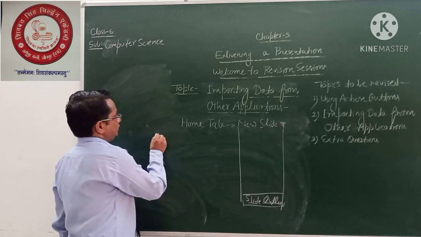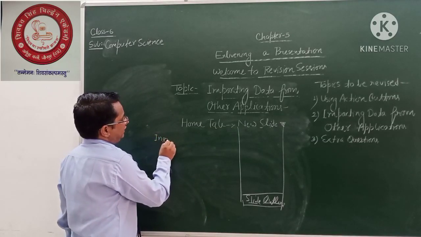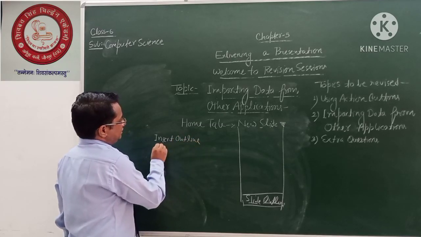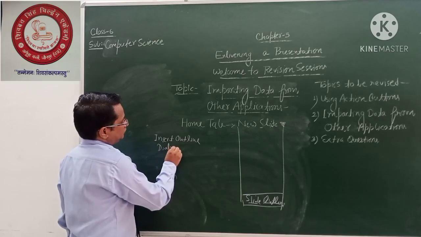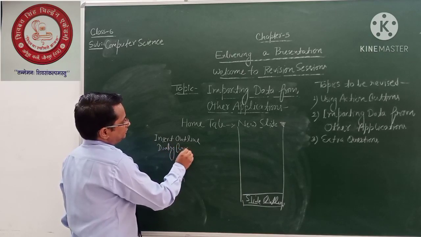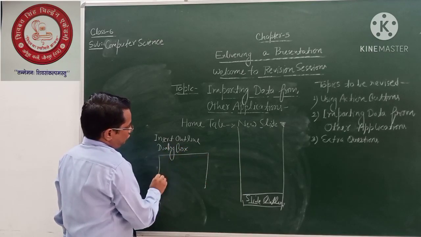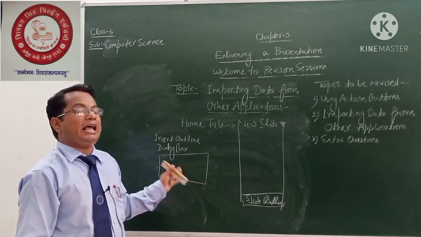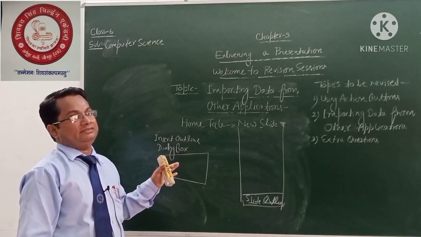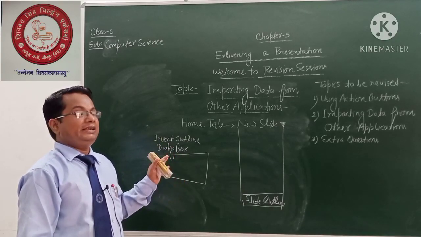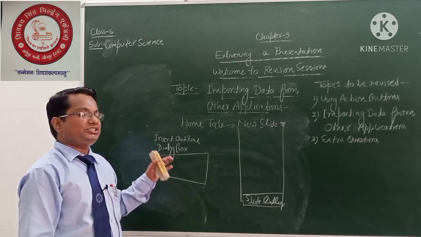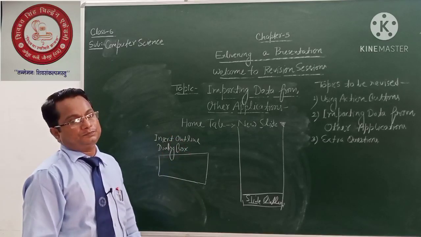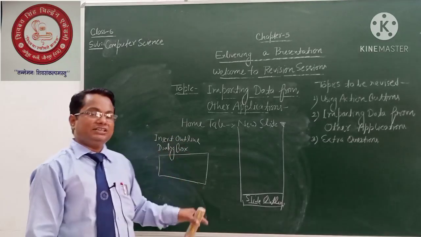Immediately you will have one dialog box. Once you click on that, you will have the Insert Outline dialog box. Suppose this is your dialog box. Here, just browse the MS Word file which is already saved, right? Browse that file and double click on it, or just click on the Open button which is available on the Insert Outline box, right?